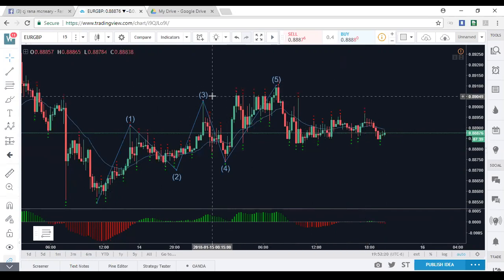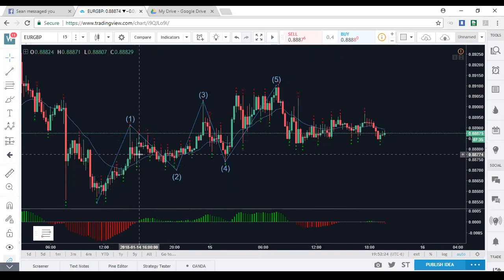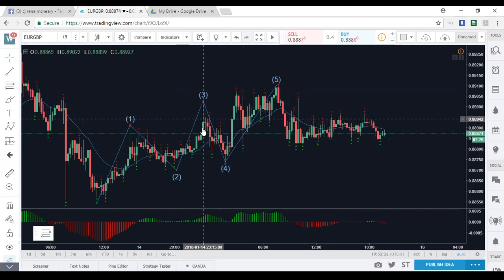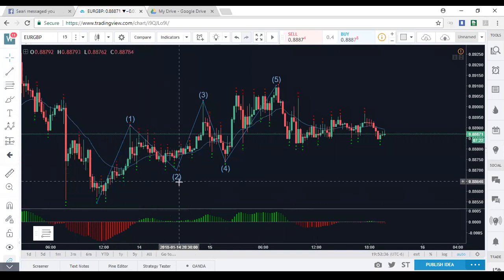Right now, I just need you all to get to learning how to identify them, as far as just applying the guideline of alternation, which means if wave 2 is flat, wave 4 is going to be a steep. If wave 4 is flat, wave 2 will be the steep. More times than not, wave 2 is the steep one though.